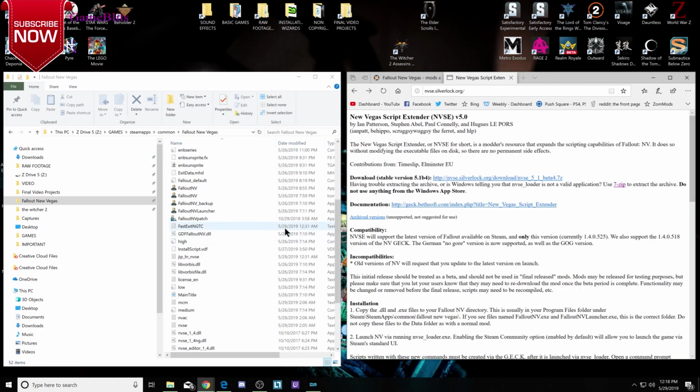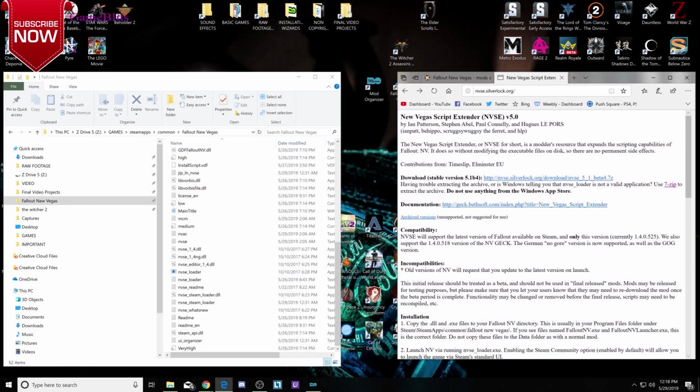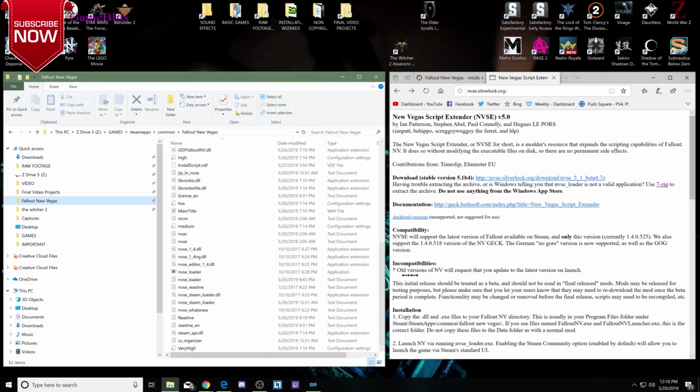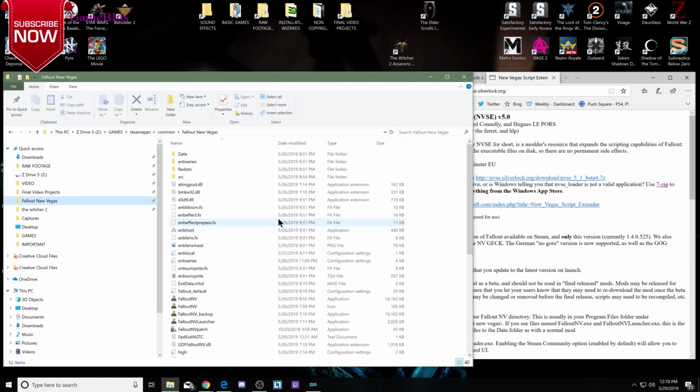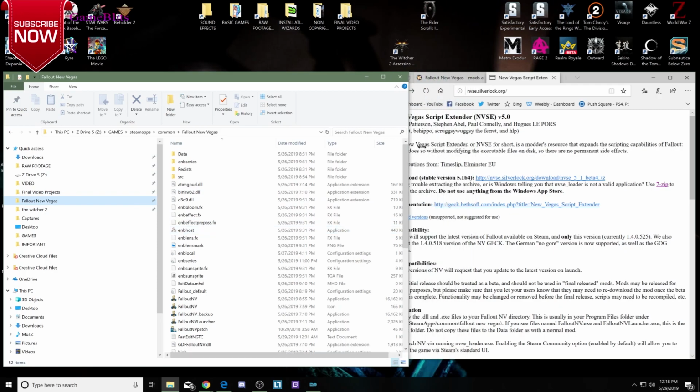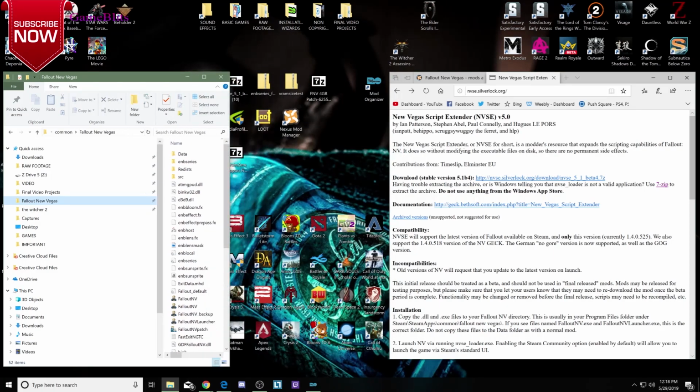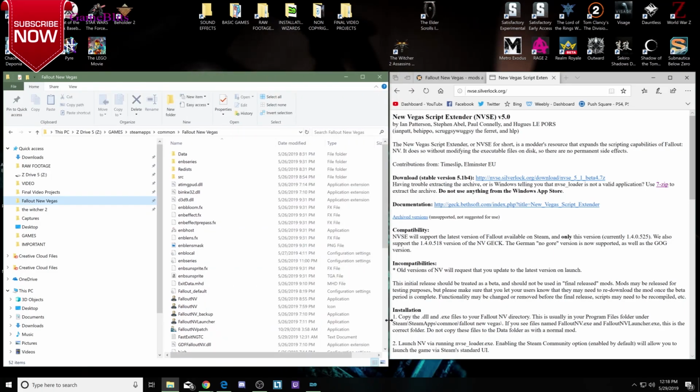So in order to test this to make sure the game is functioning and works for you, you want to come down here and find NVSE loader. There's going to be more than one of them. You want to click the one that says application. Go ahead and click that. And if your game comes up, your game launches, works properly, then you are in the clear to move on to the next step. If it doesn't, then you had some kind of error up to this point,